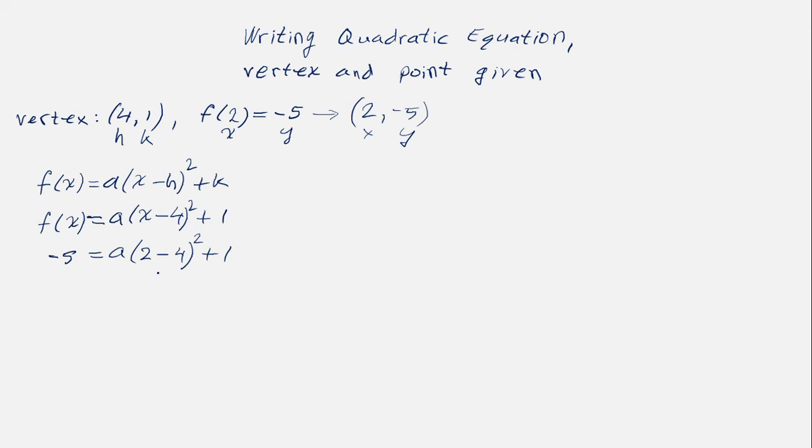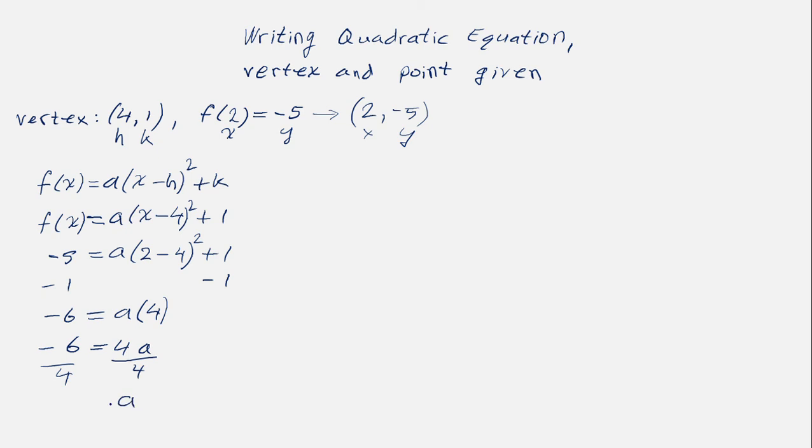So to solve for a, we need to move 1 to the other side. If we do it, we get -6 equals a times, and then what we have here is 2 minus 4, which is -2, and then (-2) squared is positive 4. So that's a times 4, which is the same as 4a, right? 4a equals -6. And then all we need to do is divide by 4,